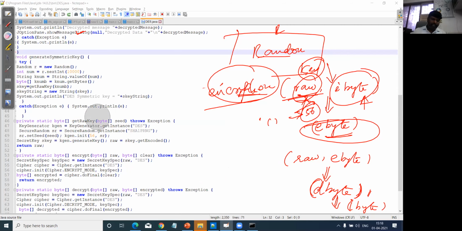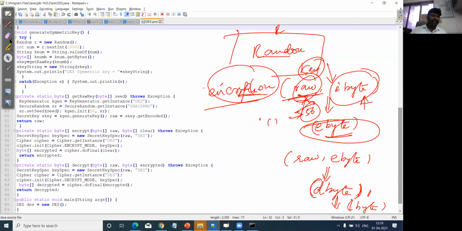It might be a bit confusing, but you need to read the logic carefully. Whatever methods we are using here, you might be hearing for the first time, because these are rarely used libraries. The specific libraries are used only for security purposes. In normal Java programming, you might not have used all these libraries or methods. When it comes to security, you will use all these methods as well as libraries. Only then can we get a clear idea and be able to write the programs.